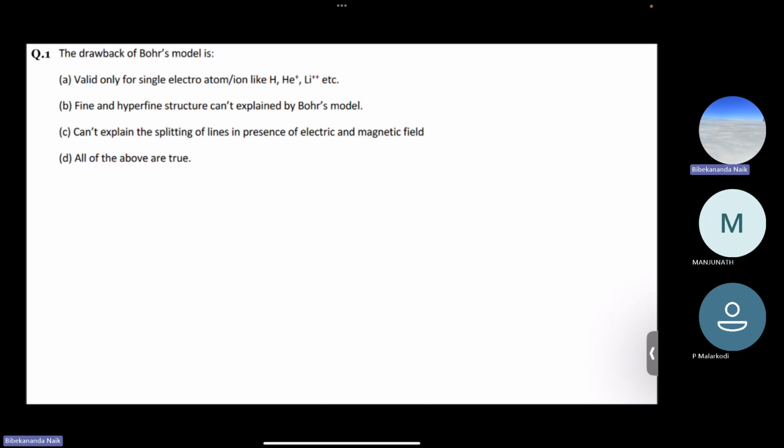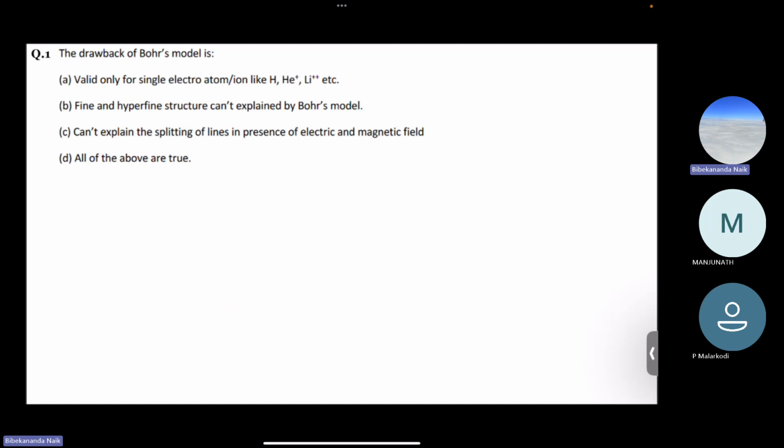Okay, so if we talk about Bohr's theory, it was able to explain a few things. For example, what will be the radius of the orbital when the electron is revolving in that orbital? What will be the orbital velocity? What will be the energy as long as the electron is revolving in that orbital? Again, it gave an idea about the emission and absorption spectra, because